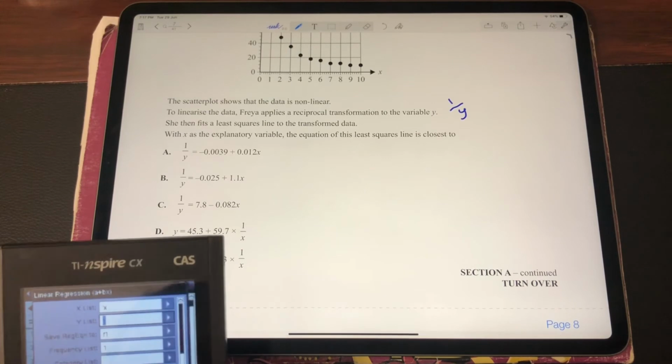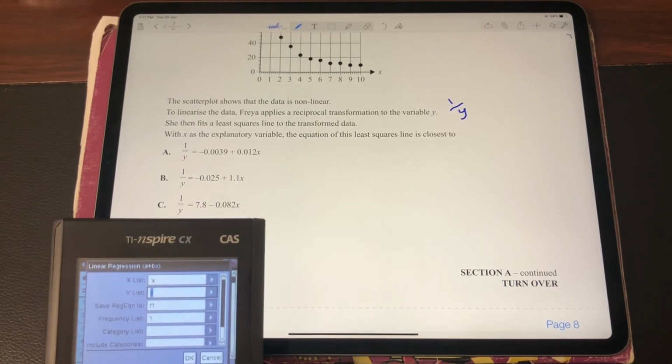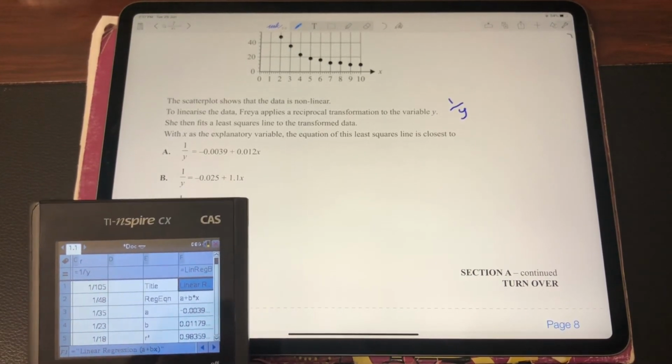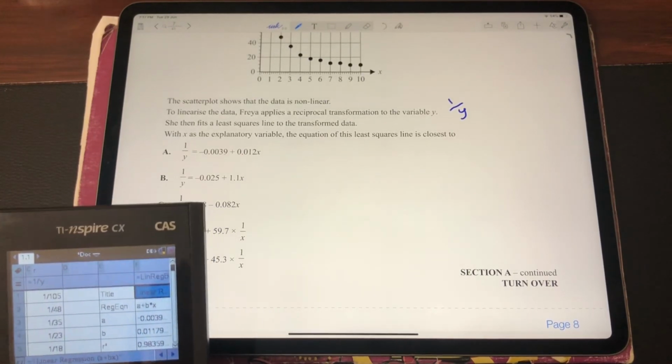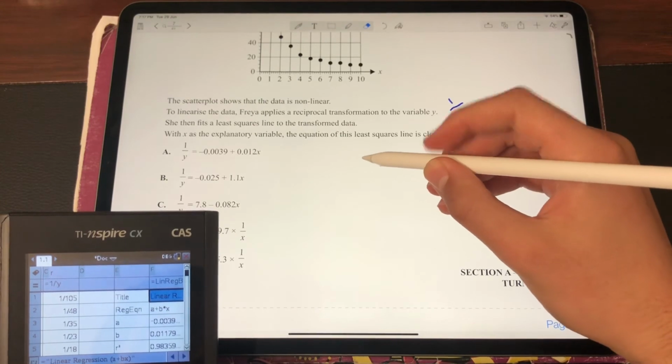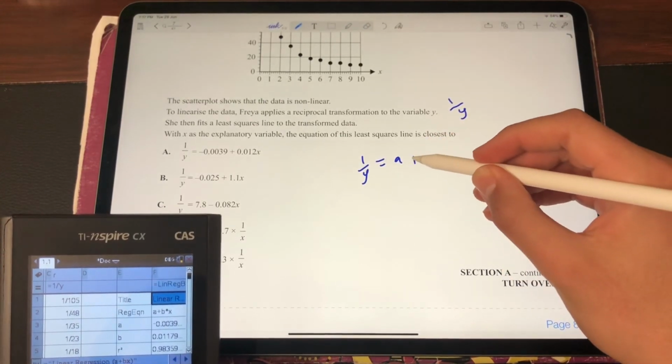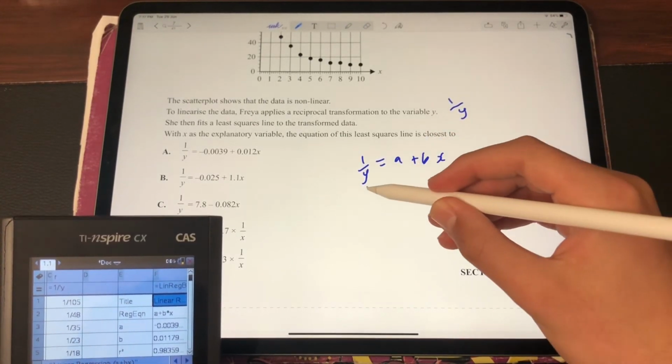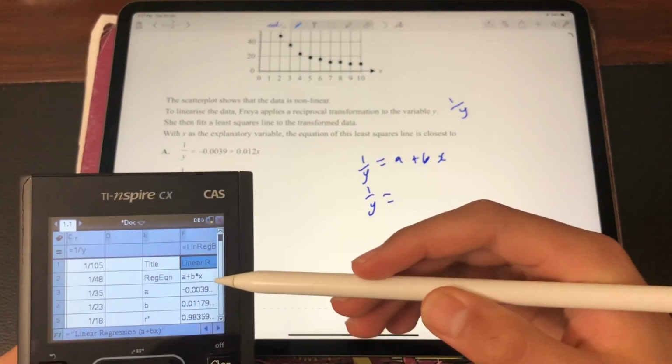So enter your reciprocal transformation as the y list, hit enter, and you'll get the values of a and b. So we know the reciprocal, 1 on y, equals a plus bx. So we just got to enter a and b. So we know that a is